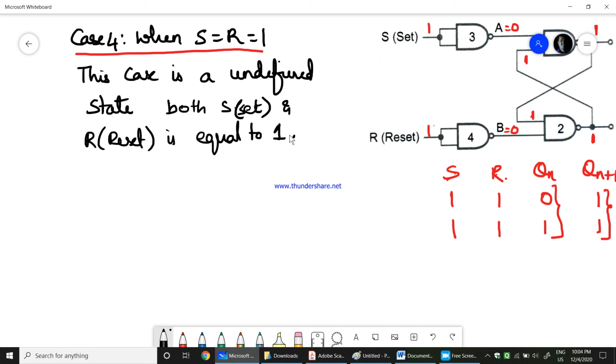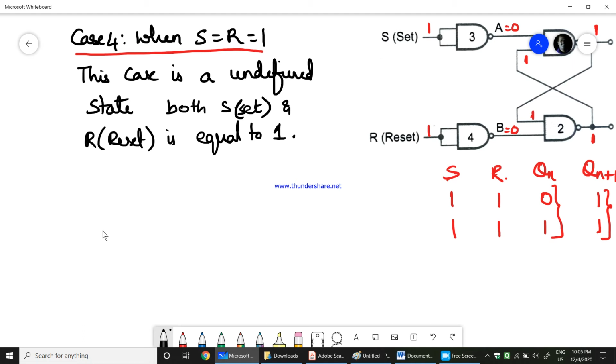So this is the SR latch using NAND gates, and I have explained step by step for each case how this SR latch behaves. SR latch, or SR flip-flop also we can say. A flip-flop will come only when it is pulse triggered. In the next discussion, we will see how the SR flip-flop will behave when a clock pulse is given. So here we are only discussing the latch.